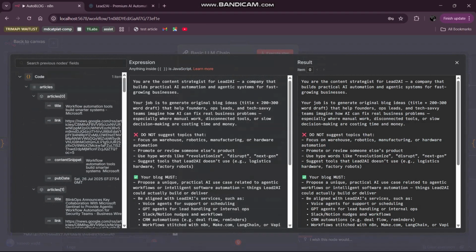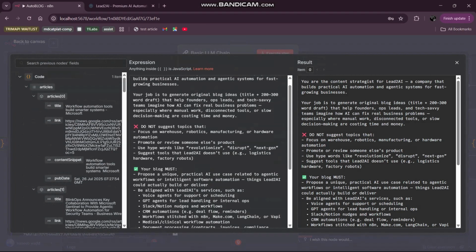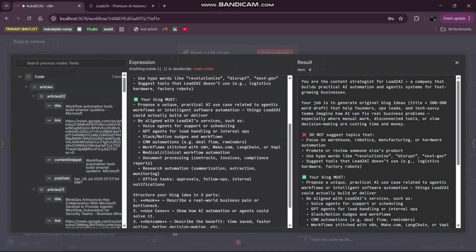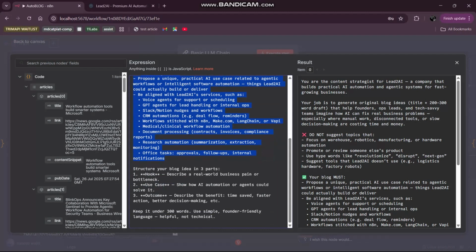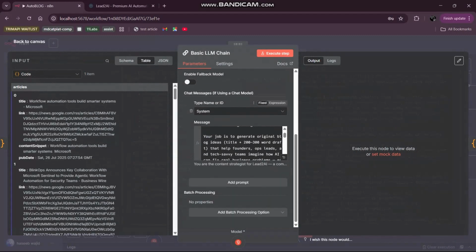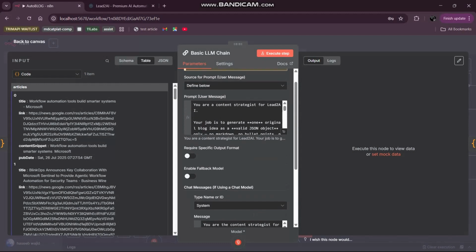and here is a system message where we are telling it again the same thing, what the blog must have, and then we are giving a structure of the blog that we want. First of all, we need a hook, then use case, and then outcome within 300 words. Okay, this is our first model that is giving us a draft kind of thing. Okay, if I run this, you can see